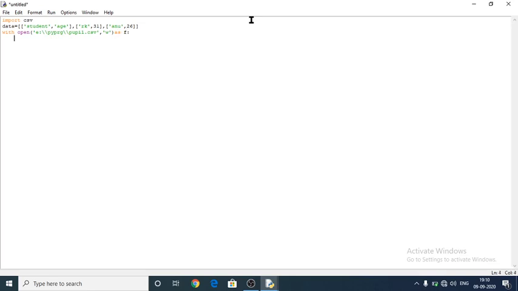In the next line, I have to use another variable called writer. Writer is equal to csv.writer class. Here I want to use F because I have saved the total file in F only.